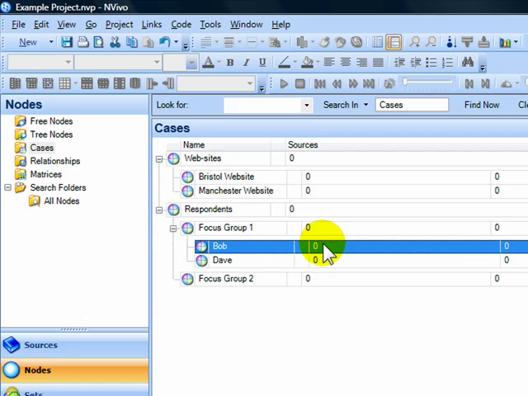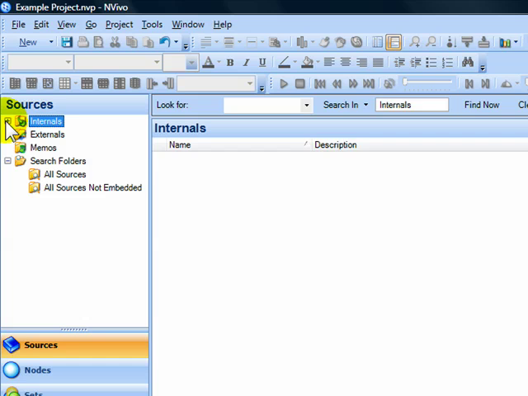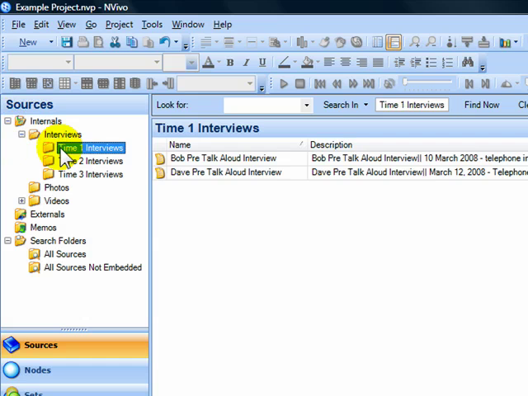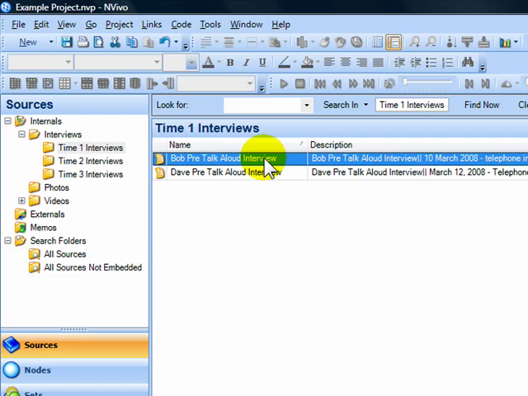So if I already have some documents in NVivo that represent Bob's material or Dave's material, the way to code them to the case node is if I first click on the Sources area, and I'll just click on the plus sign, click on Interviews, Time 1 Interviews, and you see how I've already imported an interview from Bob and an interview for Dave. So now I can code them to the case node by just selecting the document in the list view,